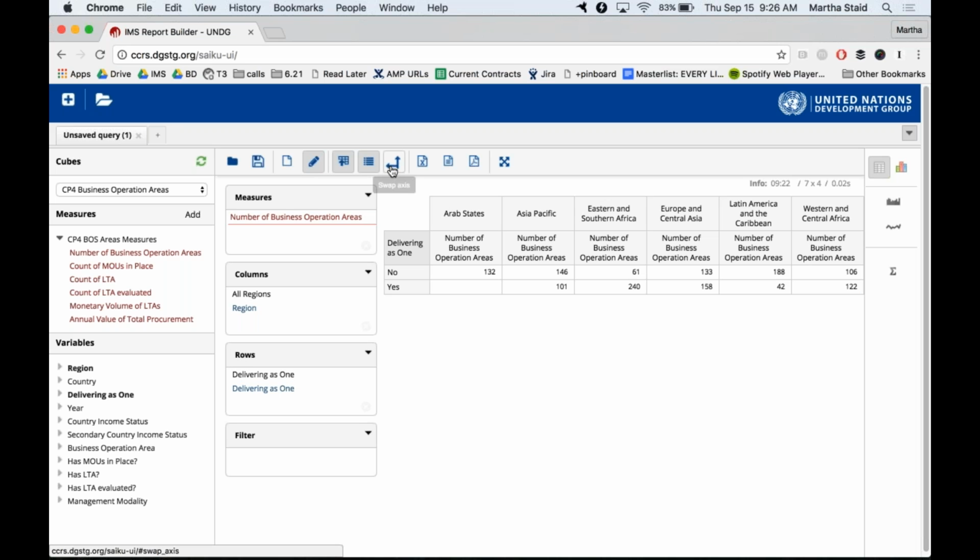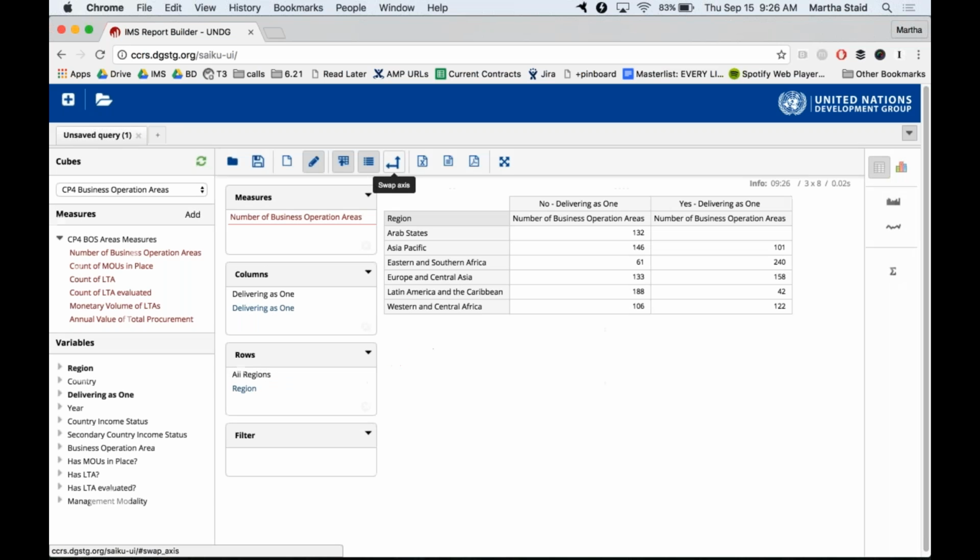Or if you look up here, we have a little swap axis button, these two arrows. You just click this, it automatically swaps everything in columns and everything in rows. And this becomes more useful once you have multiple pieces of information in each of these if you're building a more complex table.